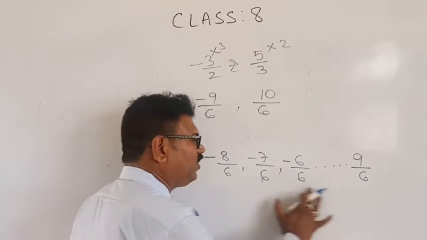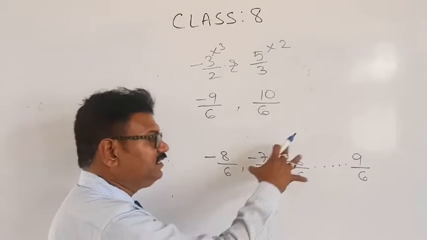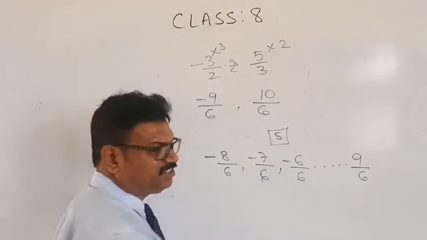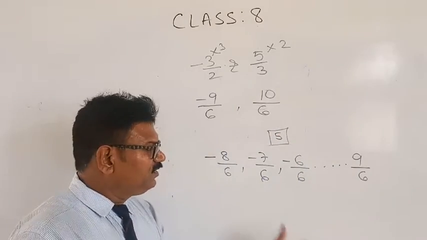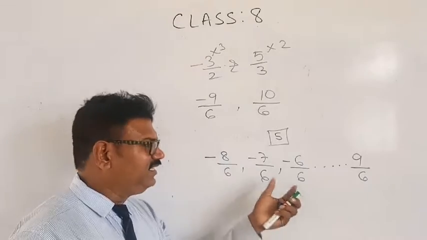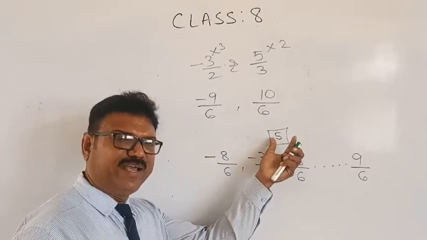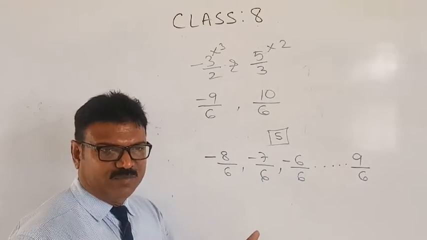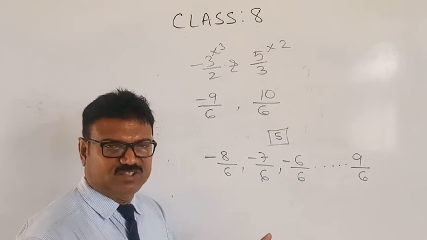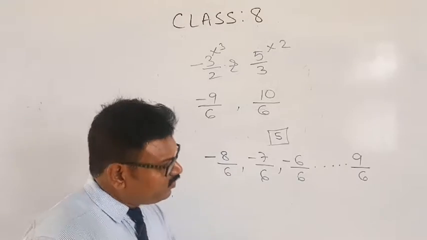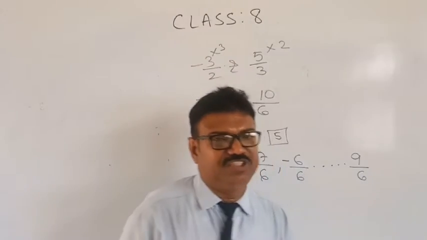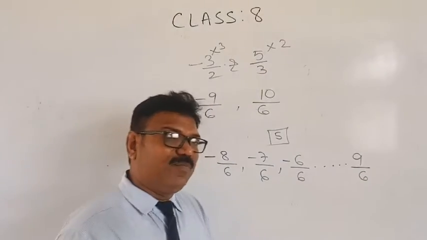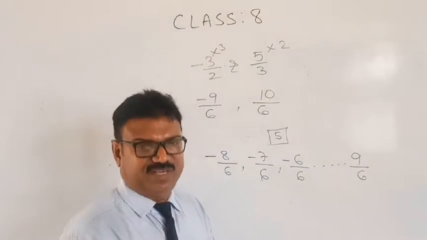Therefore, how many numbers you want? Those many numbers are there. Among these, we have to select only 5. Selection is yours. Okay? I have given so many numbers. In that, you have to select only 5. See, here I have not multiplied and divided with any number. You can go for multiplication also, there is no problem at all. So that's why in this type of questions, the answer is not fixed. Because infinite number of solutions you will get.